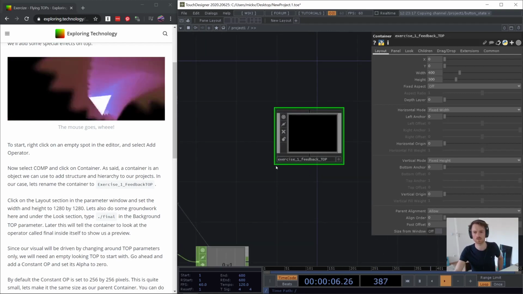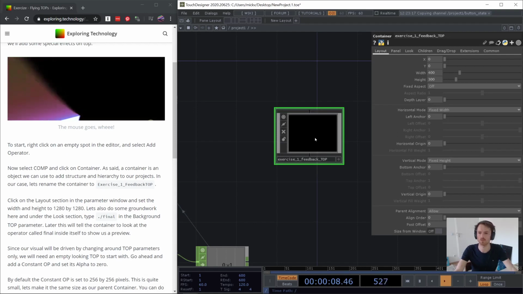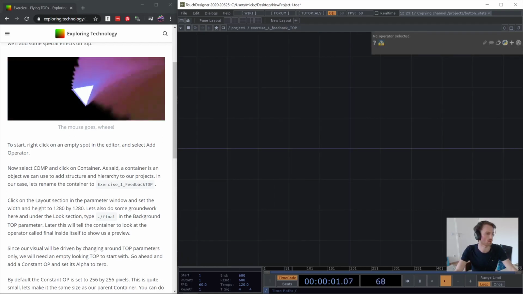So if you've managed to rename it to the name that you prefer, you can double click on it, and